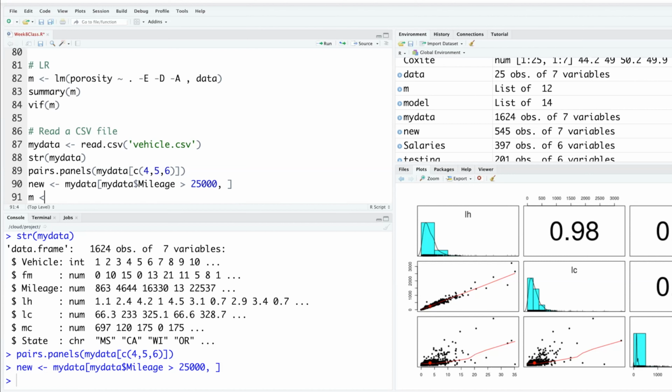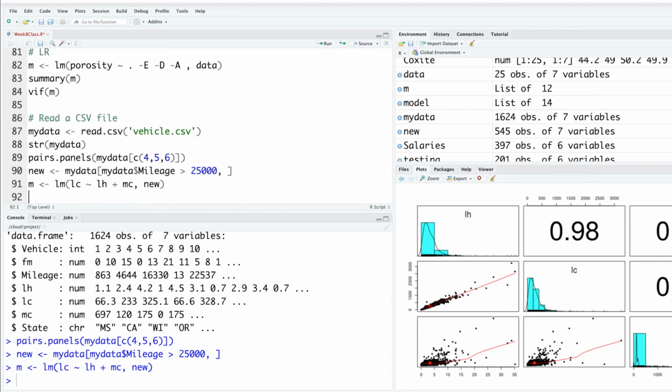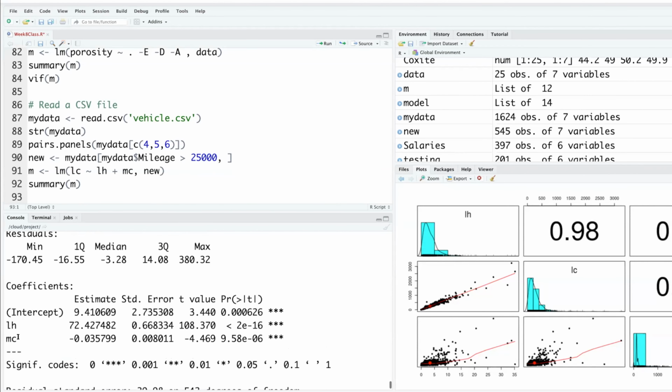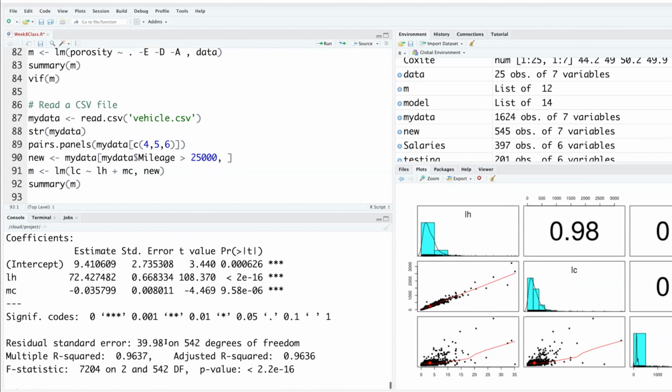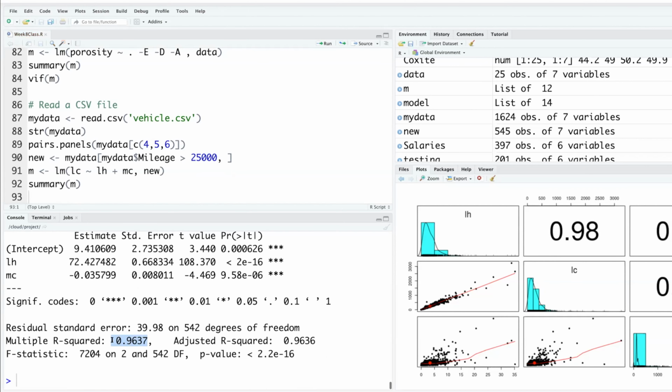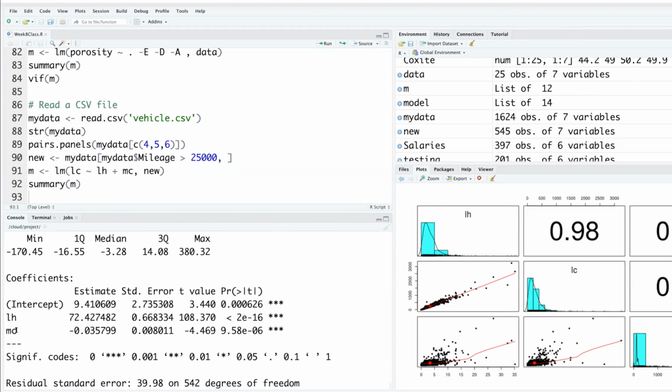So we can run the model: labor cost as a function of labor hours plus material cost for this new data. And then you can do summary M. Both labor hours and material costs are statistically significant. They explain 96% of the variability. Between the two, LH has a much higher contribution.